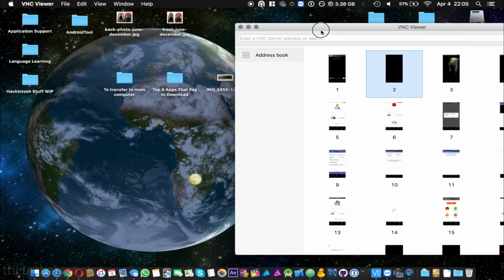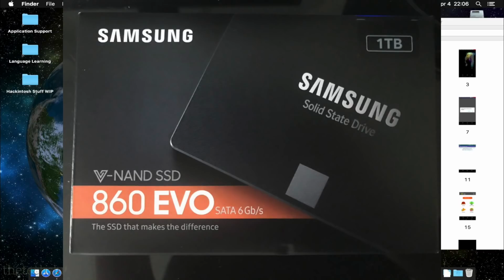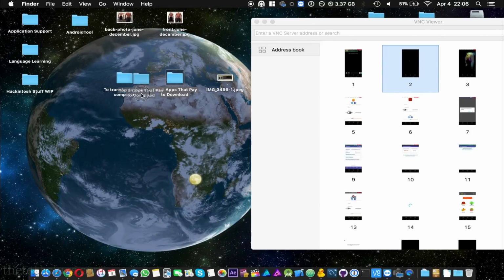One thing I actually have to do, one of the reasons I don't like going through to my main computer, is it's currently down right now, believe it or not. I can't access it. This past weekend I was trying to go to Mac OS High Sierra. I have a Hackintosh, and it was on Mac OS X El Capitan. And I just finally decided to bite the bullet and get up to High Sierra. You guys saw I got a 1 terabyte SSD for an internal hard drive because I ran out on a 256 SSD. So I decided, okay, let's go ahead and upgrade too while we're at it. So that's what I'm trying to do. So I just have to transfer all this stuff I was editing over to the main computer